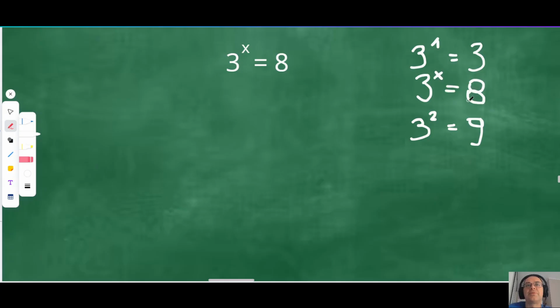I would say this x is closer to 2 than to 1, but it's some number with a decimal point, like 1.8 or 1.9. We don't know exactly. It probably has a much longer decimal expansion, but my point is that it's not an integer. And that's the whole philosophy here, finding such a number.